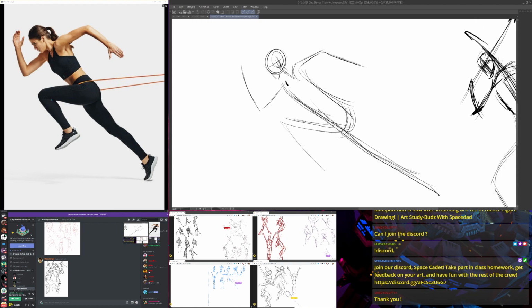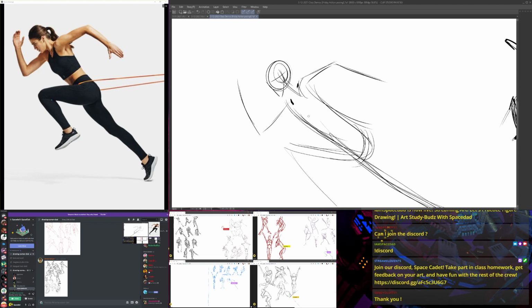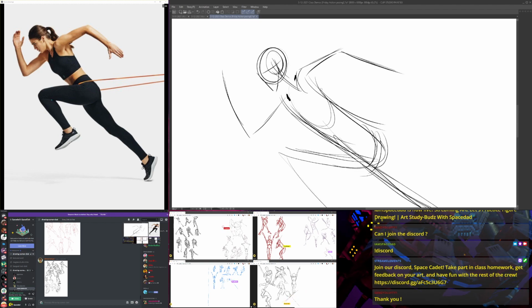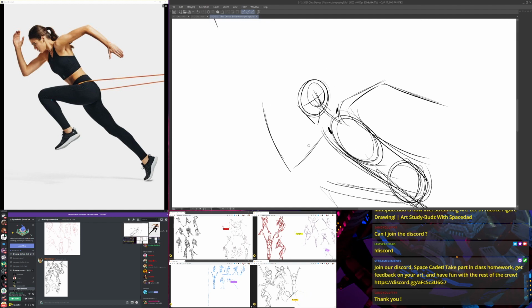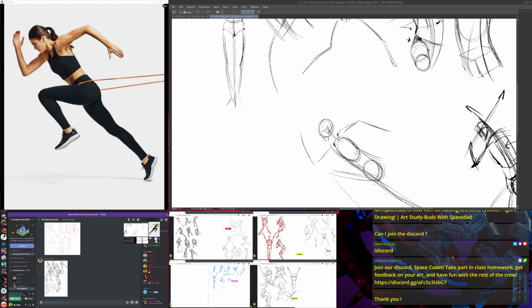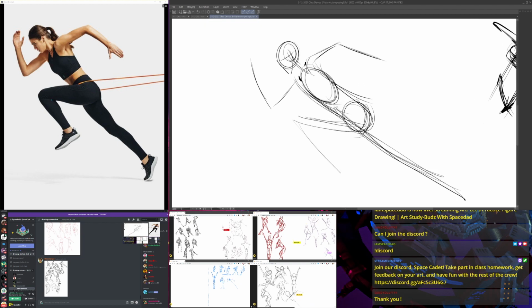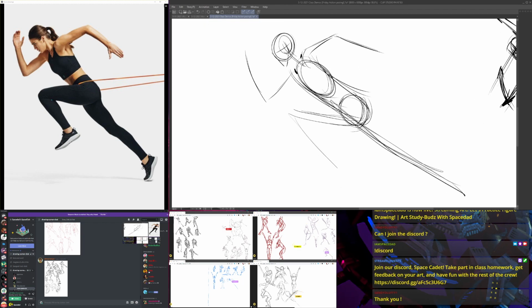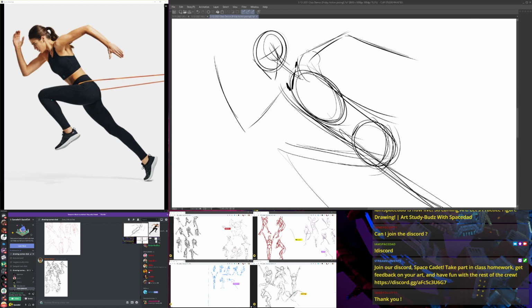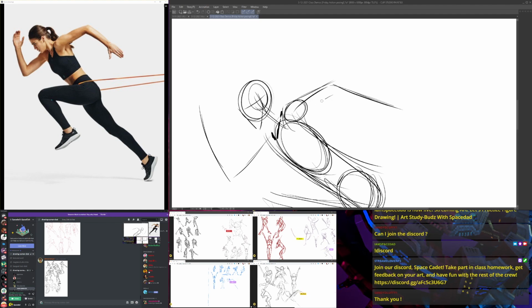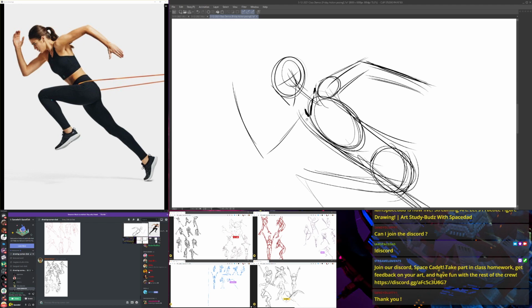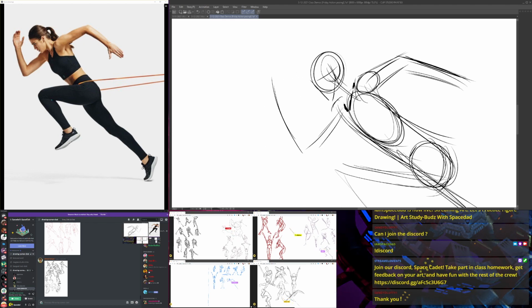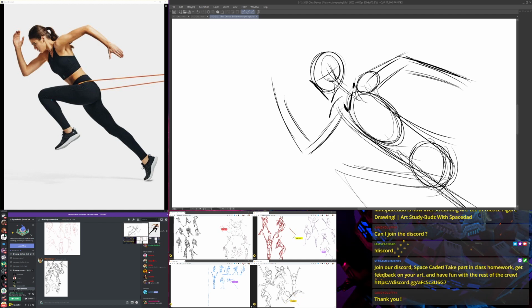But once you get the basic gesture of a pose down, you can start going back in and finding structures and anatomical landmarks, like rough structures and about where the rib cage is or something like that. This is just a 2-minute pose, so just try to do what you can in the time you do have. You don't have to complete the whole figure. You should try to get good information in what you do.